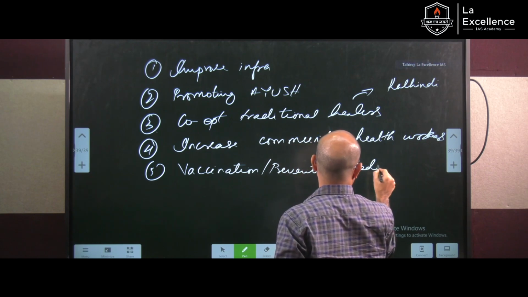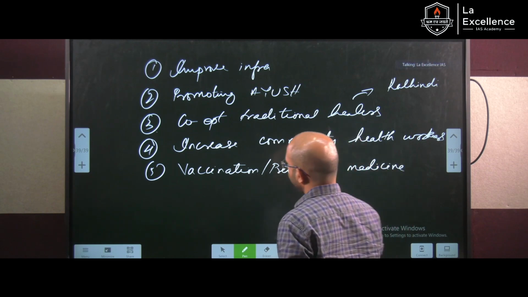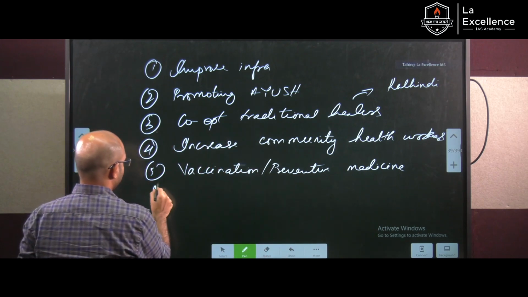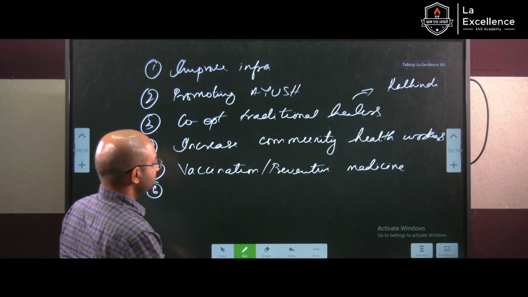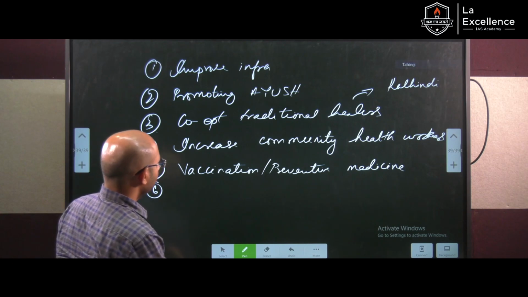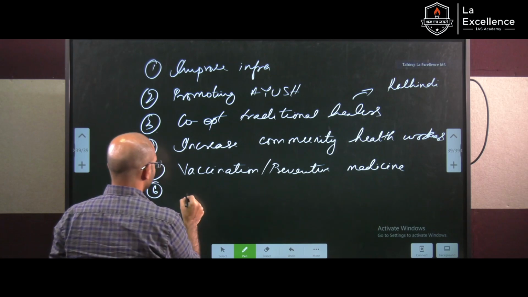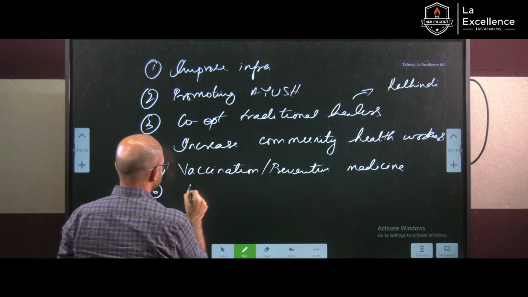So I shared a handout on health also on the group. If you go and look into that, you'll find all these details. And along with that, preventive medicine, traditional healers, improve infrastructure, and try to generate more funds,